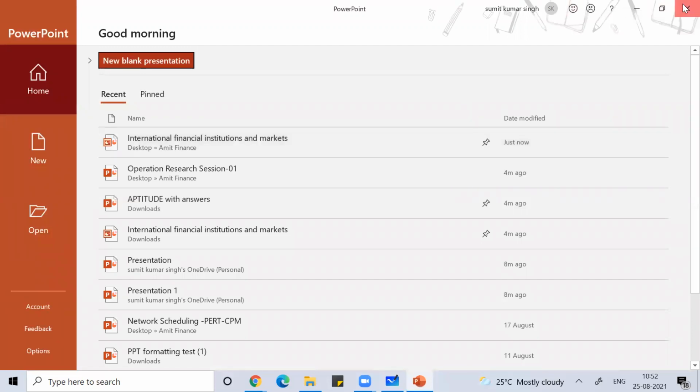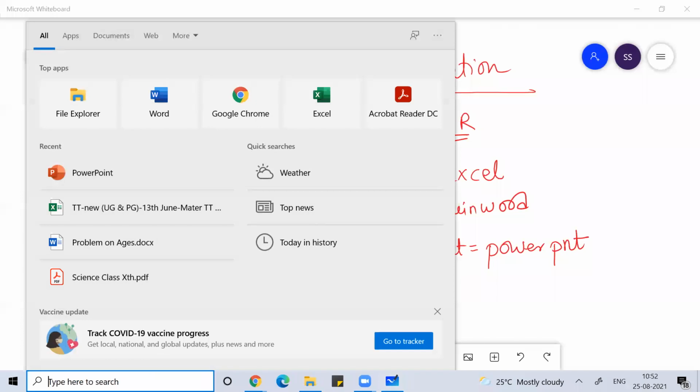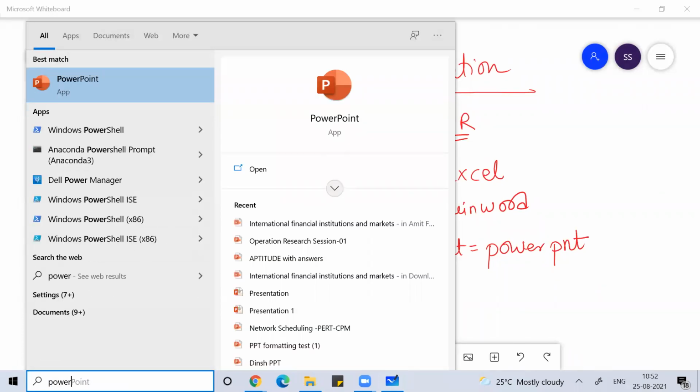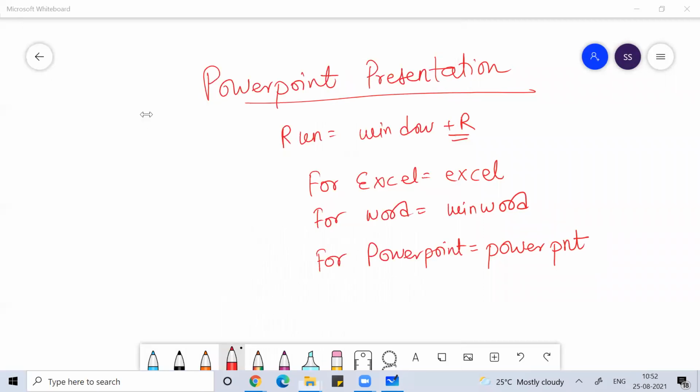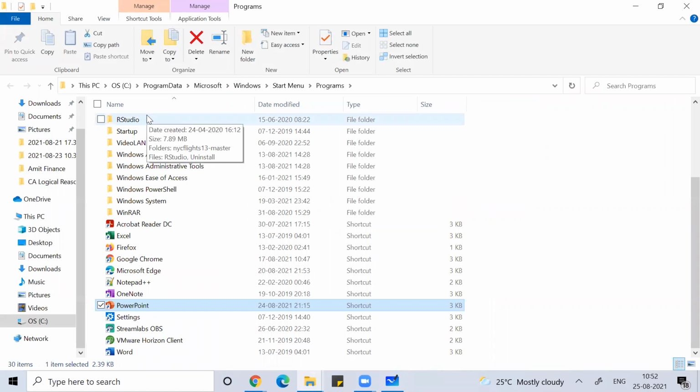How did I do this? It was very easy. I simply write PowerPoint here, and now how to create the shortcut key? In your Windows search, write PowerPoint, and you'll see the PowerPoint icon, and in that icon you can see all the recent files. Then right click on the icon and click on Open file location.